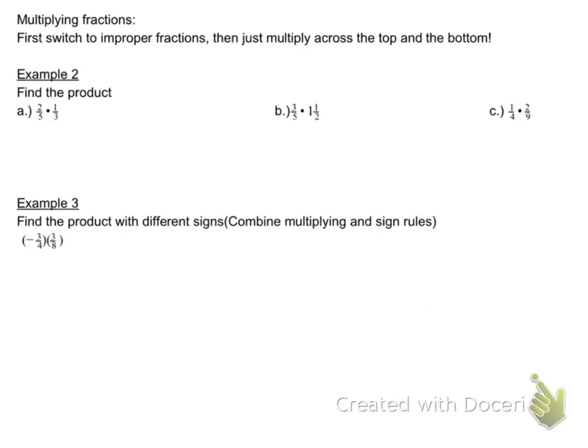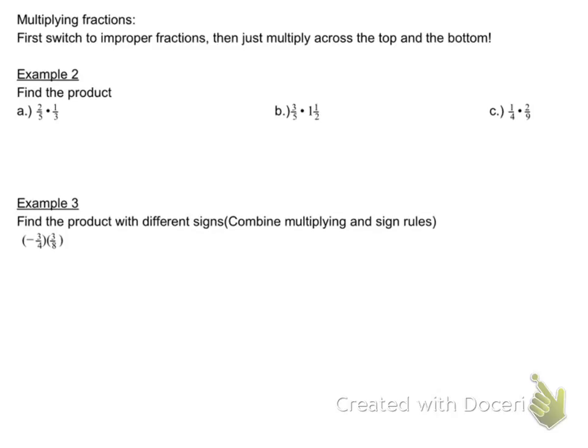Now we're going to kick it up a notch here. We're going to find the product of fractions. The biggest thing I have here is, like we've done before, if we're going to multiply fractions, switch them to all improper fractions. It's okay if it has a larger numerator than denominator. Don't use mixed numbers. That way you can simply multiply across the top and the bottom, because that's how you multiply fractions. The first example there is multiplying 2/5 times